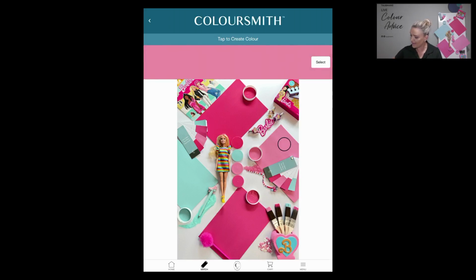So I could sort of go down the beautiful striped dress that Barbie is wearing. I can go over to the colouring in book here, and from that you can extract a colour that you love and then create your own. So I'm going to now hit select,